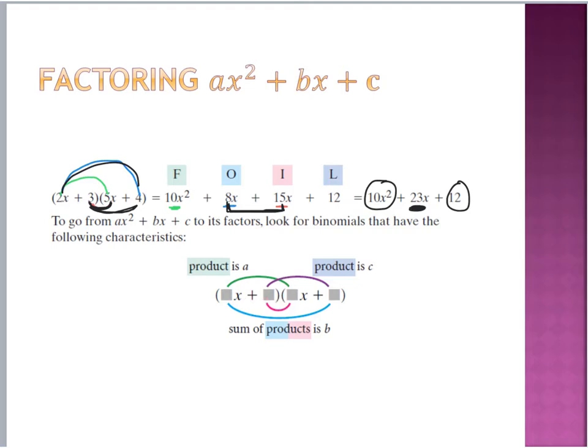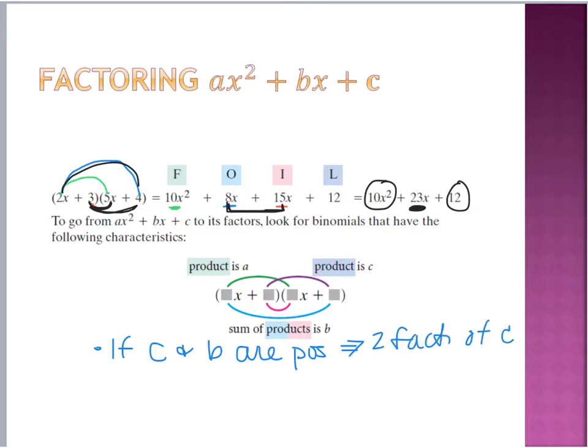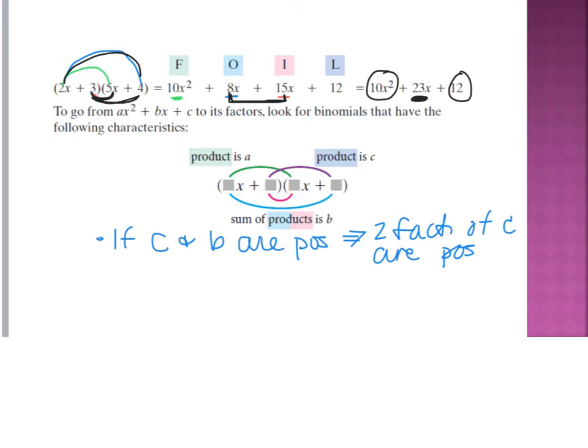One more thing that I would like to add is, if c and b are positive, this tells us that the two factors of c are also positive. Okay, so that means that my two binomials essentially are going to both have addition signs in them. If, however,